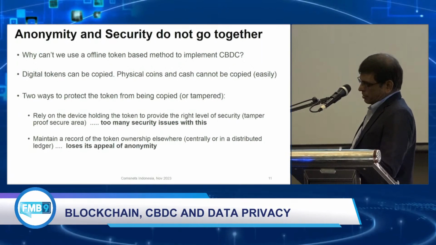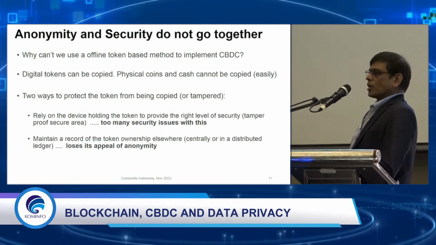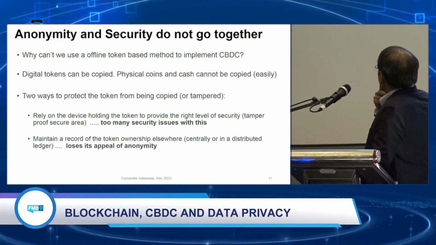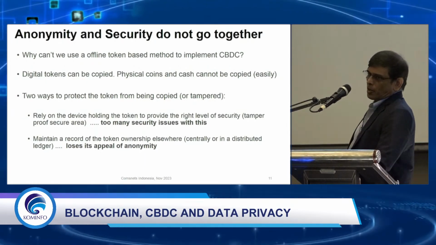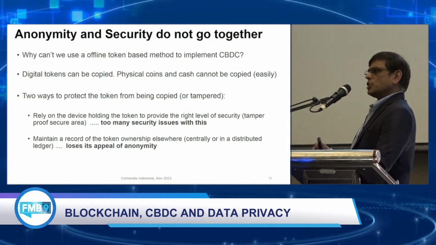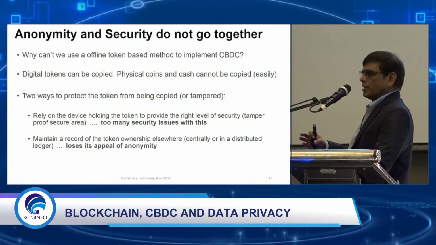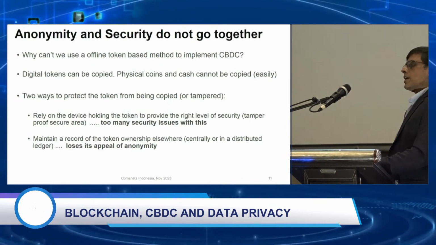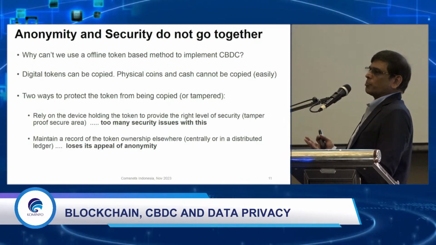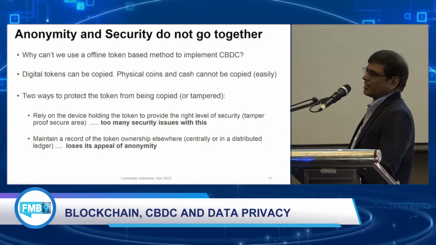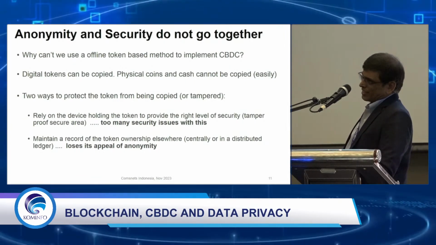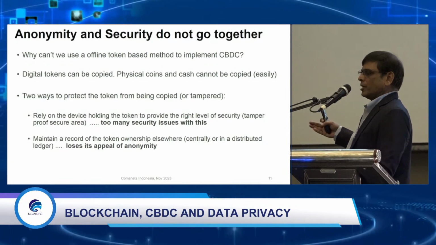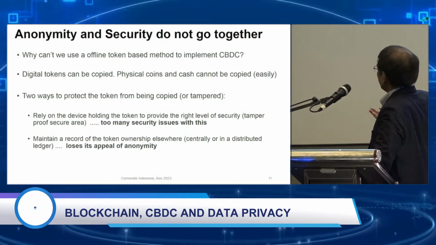Okay, so one question that can come to your mind is, why don't we simply think about a cryptocurrency, the CBDC, as some kind of a token that is held by a device and then can be exchanged? Now, the problem with a digital token is that it can be copied. Unlike cash, which is very hard to copy because of the way they make the instrument, the treasury note, digital currency can be very easily copied. And if you see the copy of the bits, it's going to look the same as the original. It's very hard to make out the copy from the original. And once you allow a digital currency to be copied, then the value of the currency disappears, right? There's no value for it.